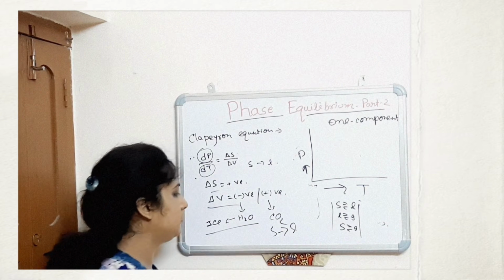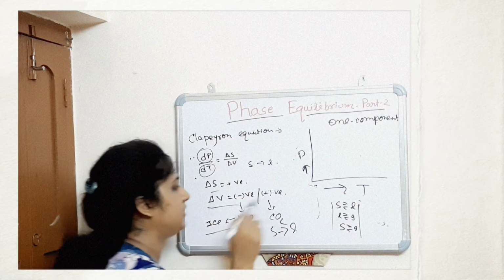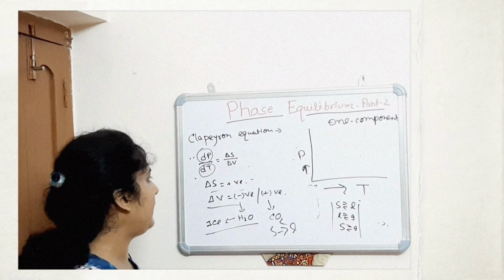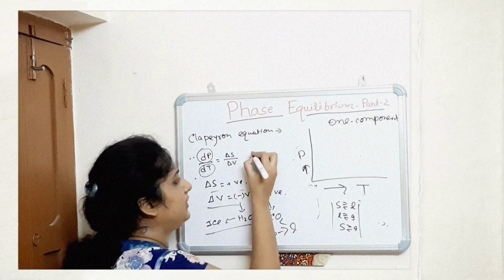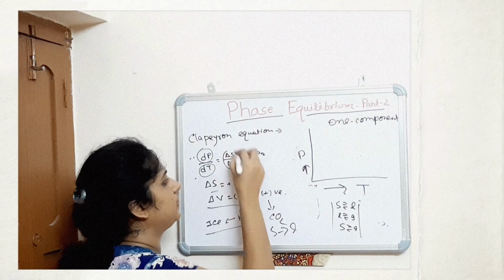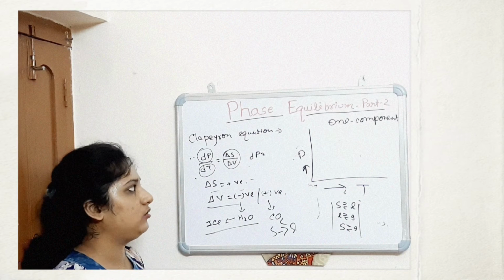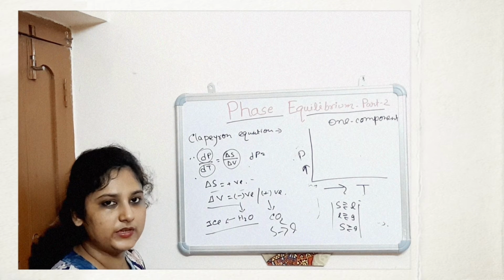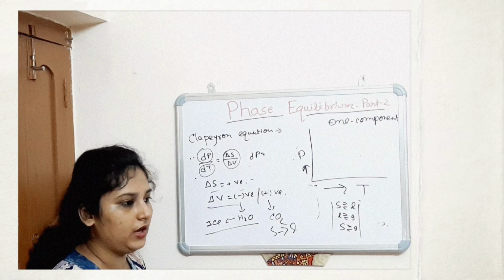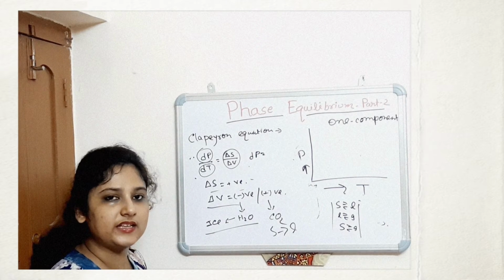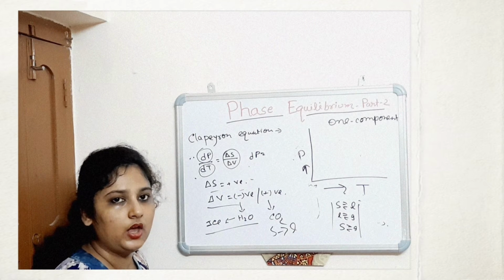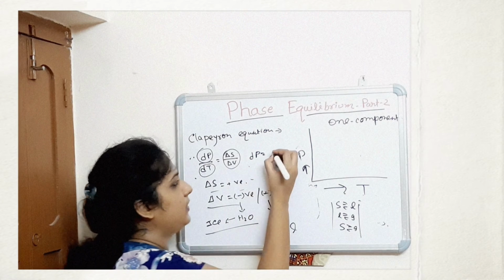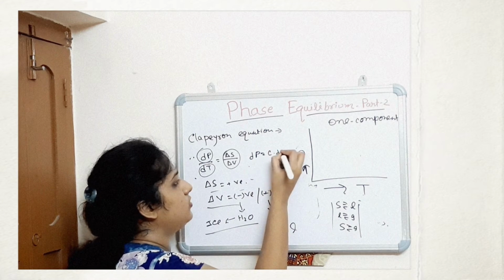So these are two conditions: del V may be positive and del V may be negative. And another point is that dP is equal to some constant value, that is, for a definite amount of transformation of a component from solid state to liquid state, the expansion or compression of the volume is a fixed value, and the del S value is also fixed. So dP is equal to some constant into dT,